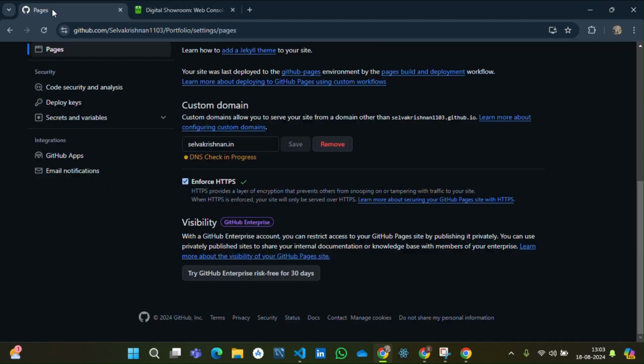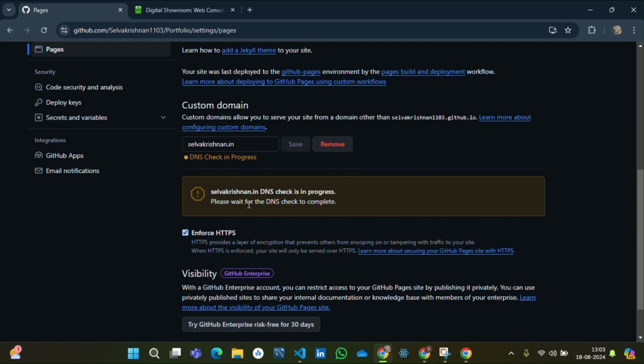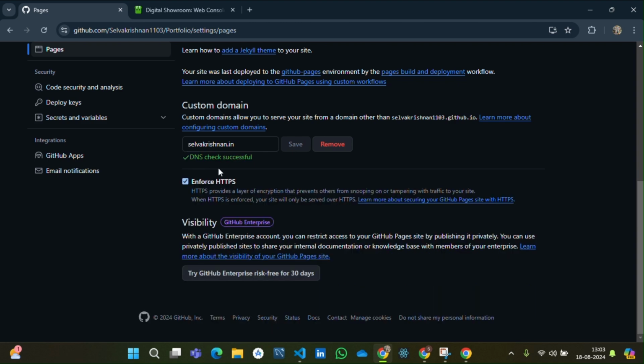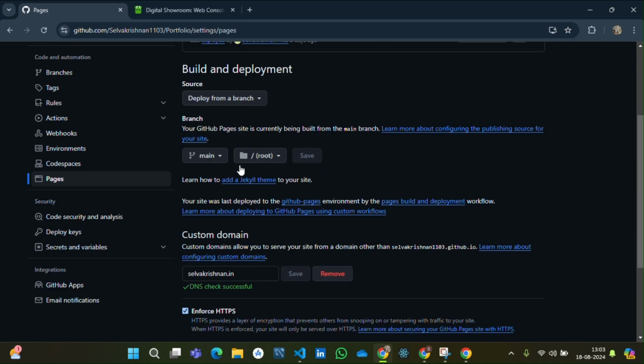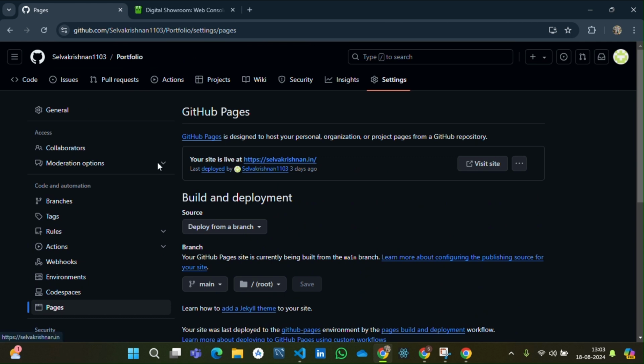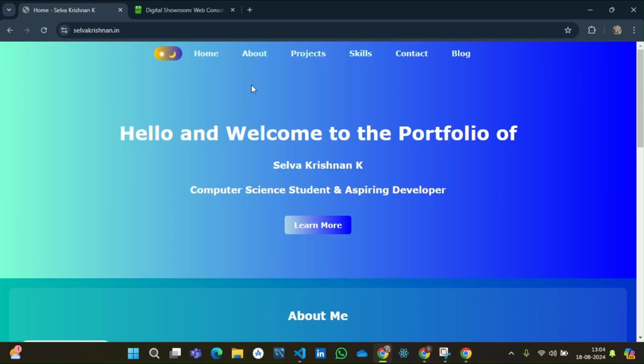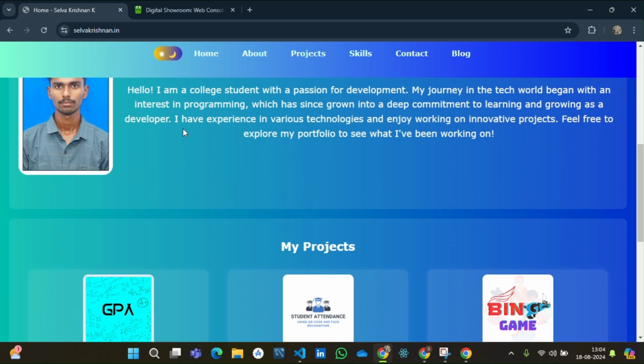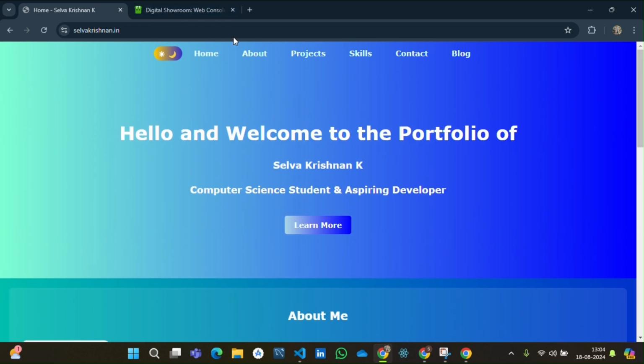Once you have added the records and I refresh this page, the DNS check will be processed and it will say that your DNS is successful. It's just checking that the DNS check is enough. See here, the DNS check is successful. So if I search my website, I have just provided this domain, right? So I just clicked it. See how our page works. This is how you can easily launch your website